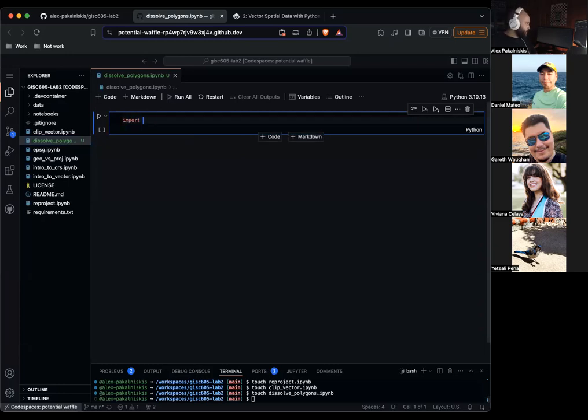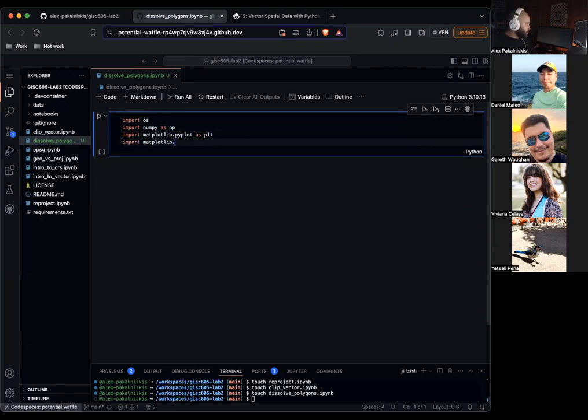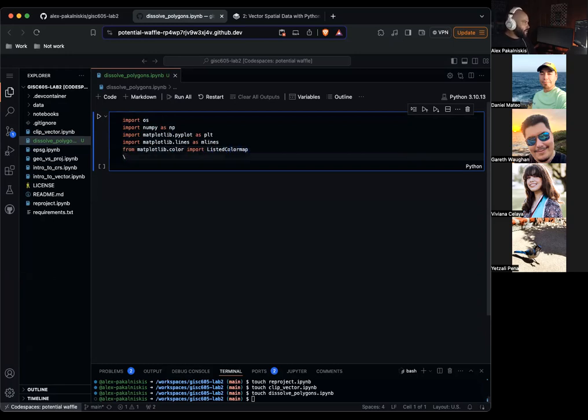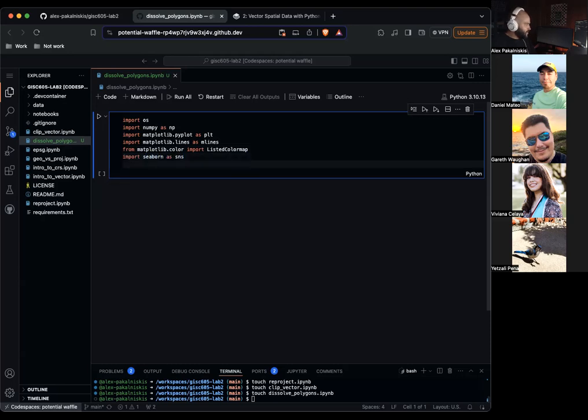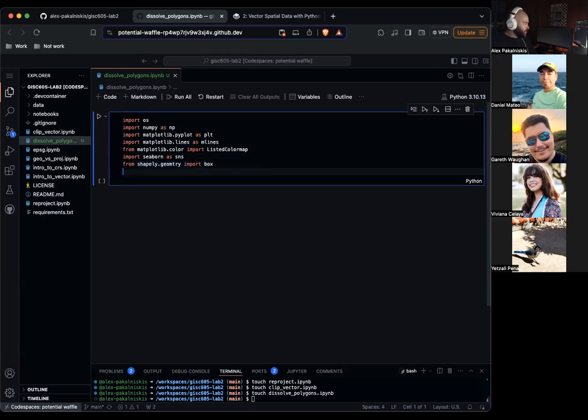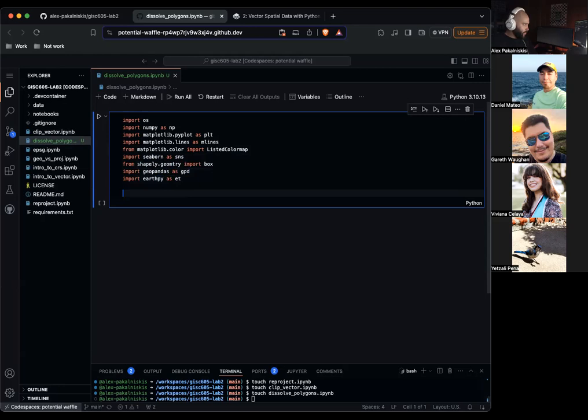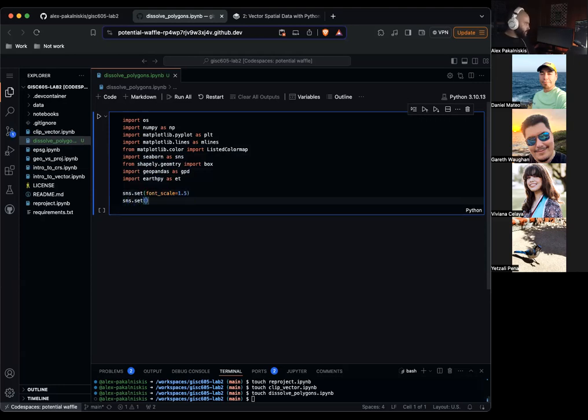So let's import the libraries we'll need. Import os, import numpy as np, import matplotlib.pyplot as plt, from matplotlib.colors import ListedColormap, import seaborn as sns, from shapely.geometry import box, import geopandas as gpd, import earthpy as et. sns.set font scale equal 1.5, sns.set style.